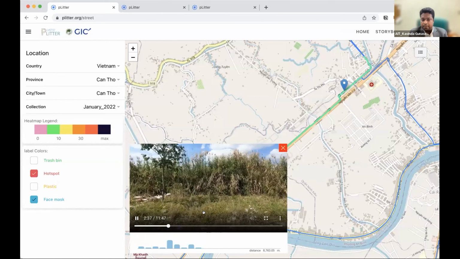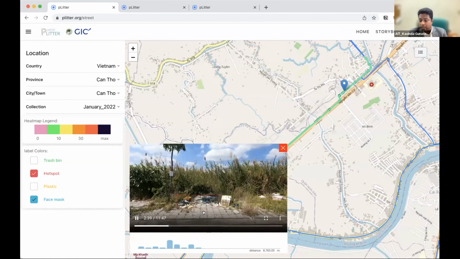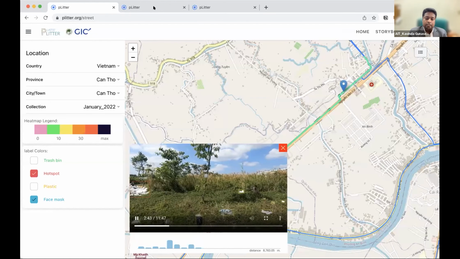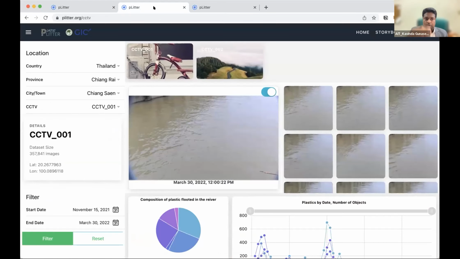If you see, just pass some plastic littering hotspot along this street. So this is the interactive one. So I'll already open the CCTV one. Same way you can browse through the CCTV. So this is the